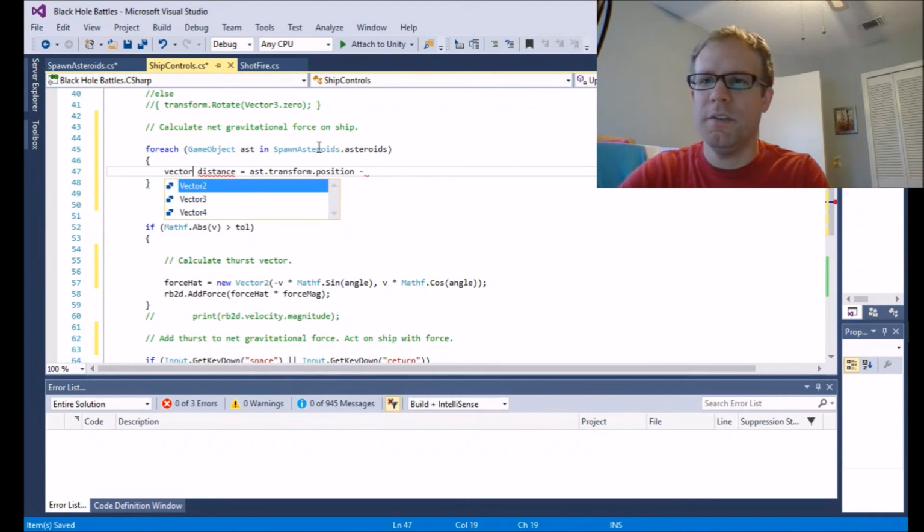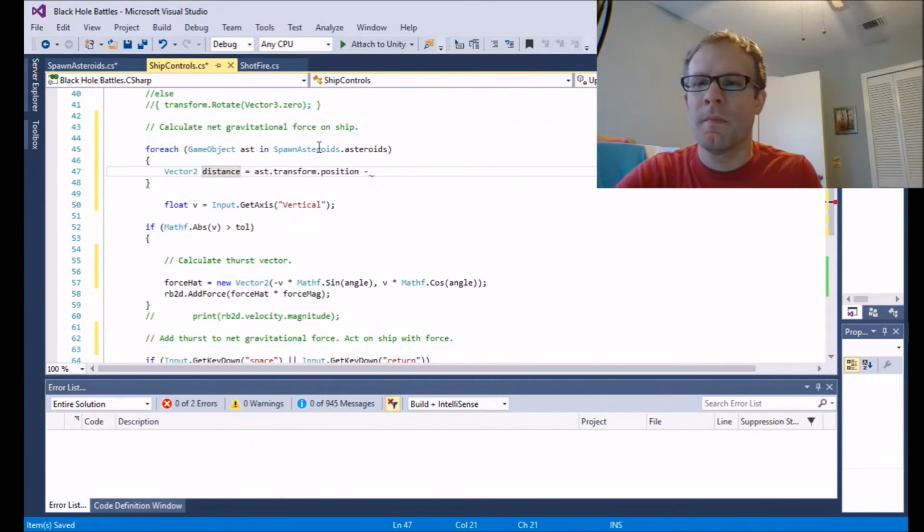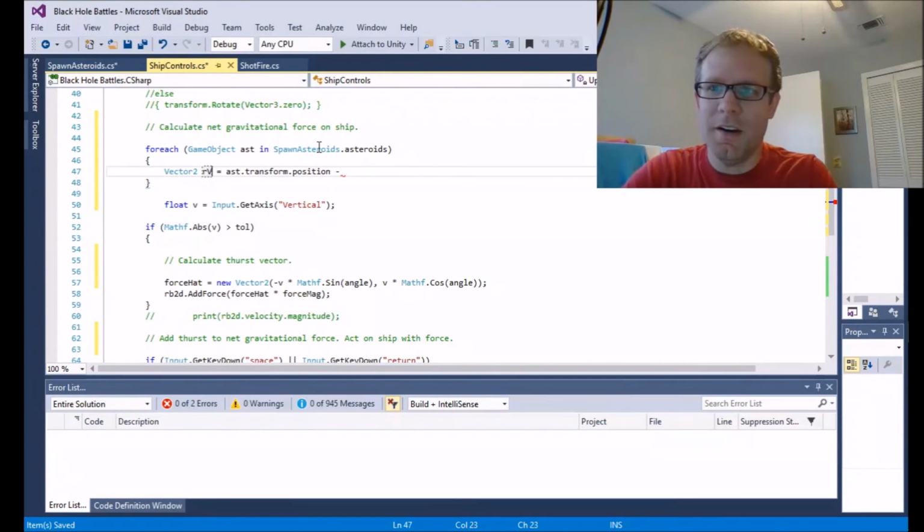I want to call this a Vector2, because I need the relative position vector between them. So let's call that rvec equals